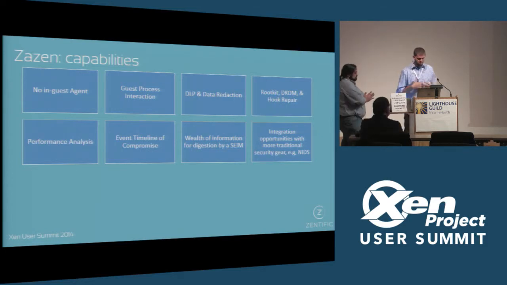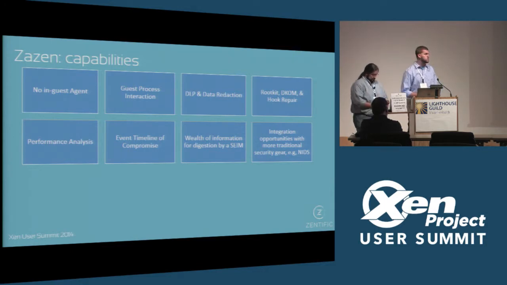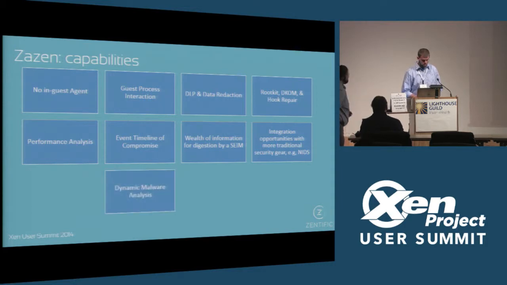And because we have all this information available to us, it's interesting to think about what else you could do with that. Putting that out to other security systems. If we have a VM that's opening sockets that we don't expect, let's let the firewall know about it.